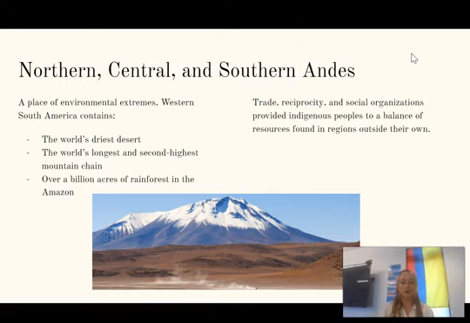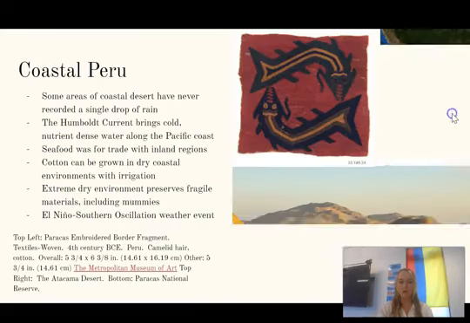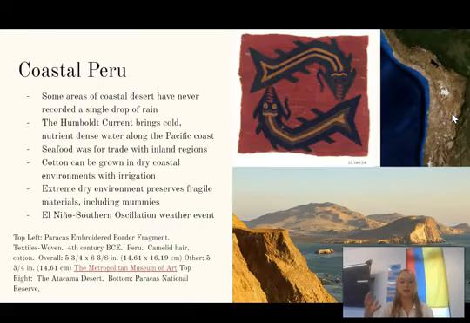Some folks along the coast could grow cotton in their fairly dry environments that were watered by glacial fed rivers. Folks living in the Amazon had access to luxury trade goods like feathers that were very highly prized, and other plants and animals from the jungle. So this is going to shape these different cultural entities, but also push them towards trading and interacting with each other.